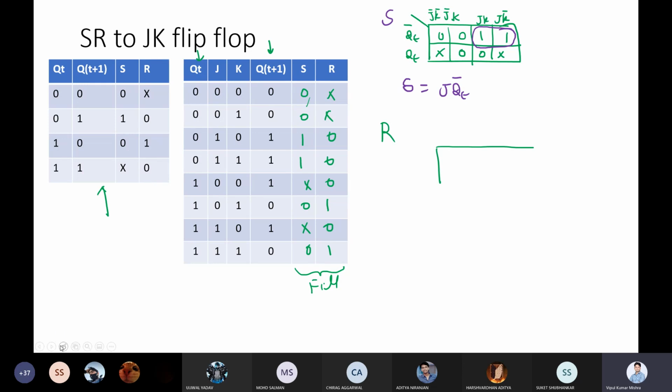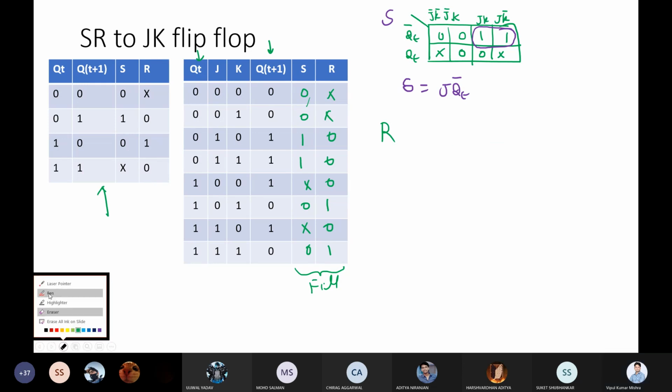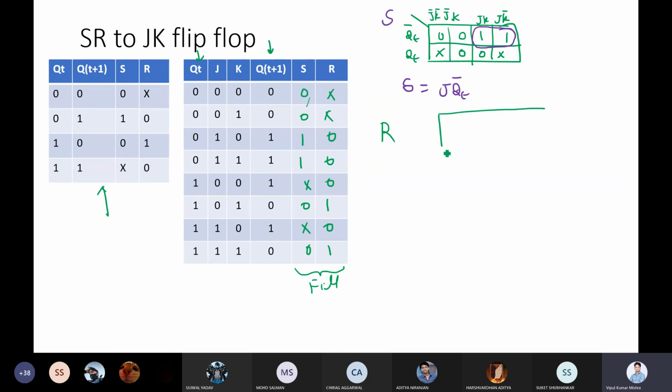Let me save some space so that I can draw the diagram here as well. So I have X 0 0 0 1 0 1.